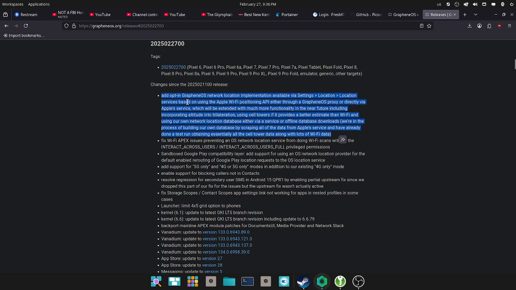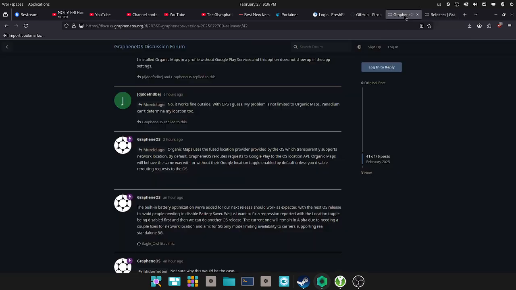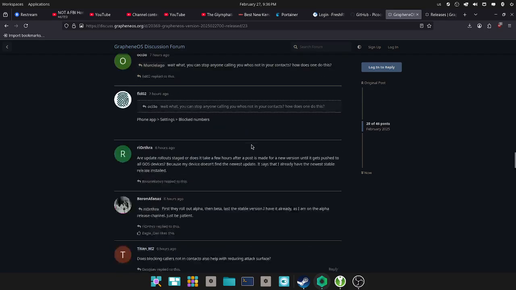They added an opt-in option through GrapheneOS network location, available via settings. The location is based on using the Apple Wi-Fi position API, either through GrapheneOS proxy or directly via Apple service, which will be extended into much more functionality in the future. Essentially, what this does, let me go up right here,